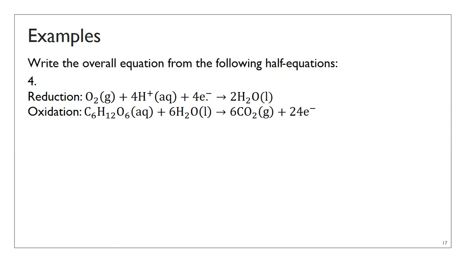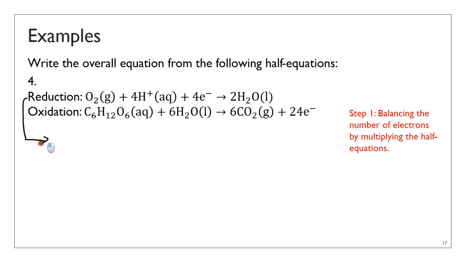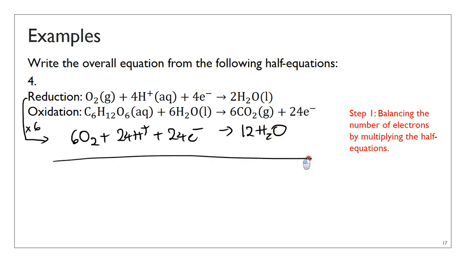Okay, last but not least, we're going to look at this one. So there are 4 electrons in the reactant side on the reduction and 24 in the product on the oxidation. So what I need to do is multiply the reduction by 6 so that it matches the number of electrons in the oxidation. So I will have 6O2 plus 24H+ and 24 electrons going to 12 H2O. I really hope I did this correctly. Oh yeah, that'll be fine. All right, and now I'm going to add this together. So the electrons will cancel out, but you can also cancel out the